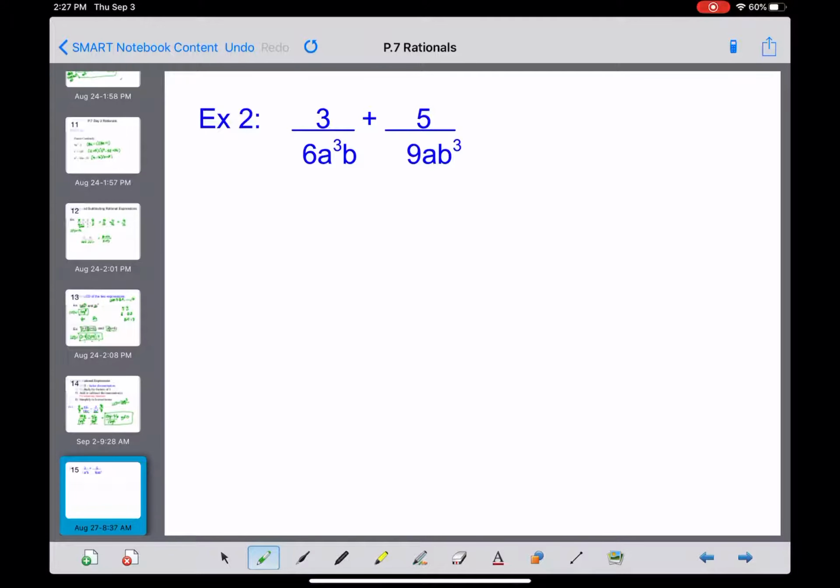Okay. So the first thing I want you to do is find your LCD. Okay, so we need to look at our denominators and see what our least common denominator is. Okay, so we have a 6 and a 9. So we need to find the least common multiple of 6 and 9. So 6, 12, 18, those are the multiples of 6. Multiples of 9, 9, 18. Okay, so our least common multiple is going to be 18